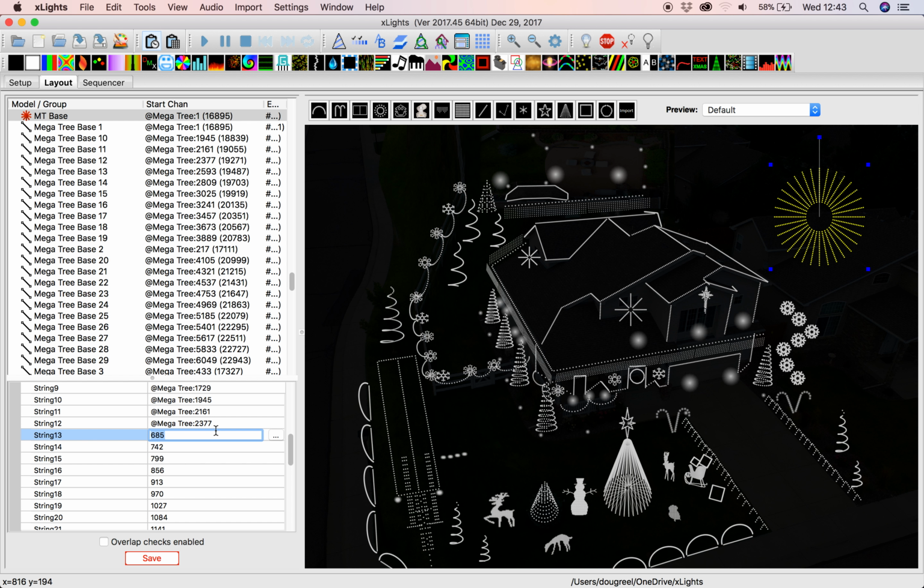Next one, too fast there on the keyboard, 2593. See, this is just like watching paint dry. Riveting excitement here. 2809. This one is